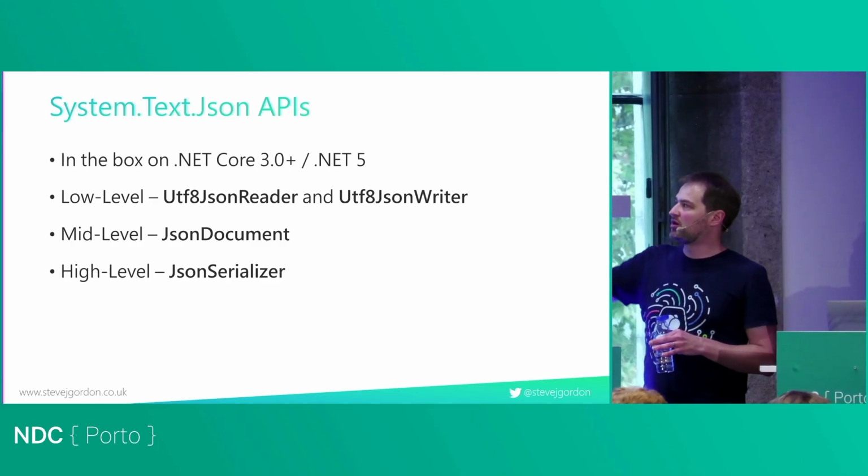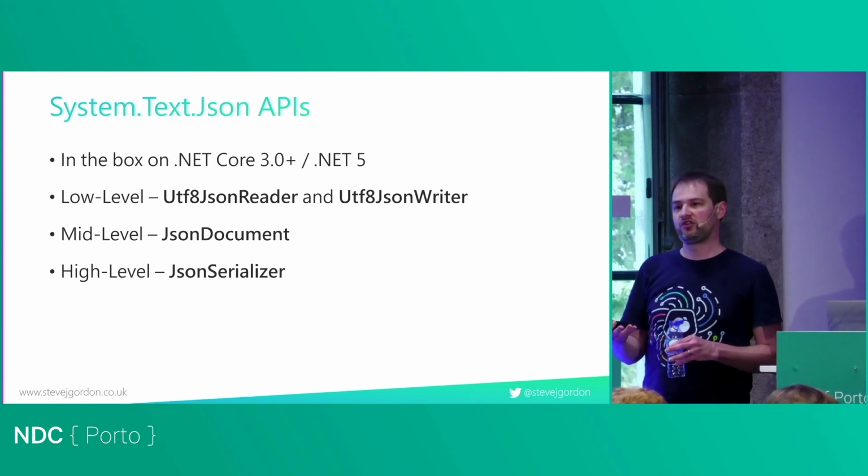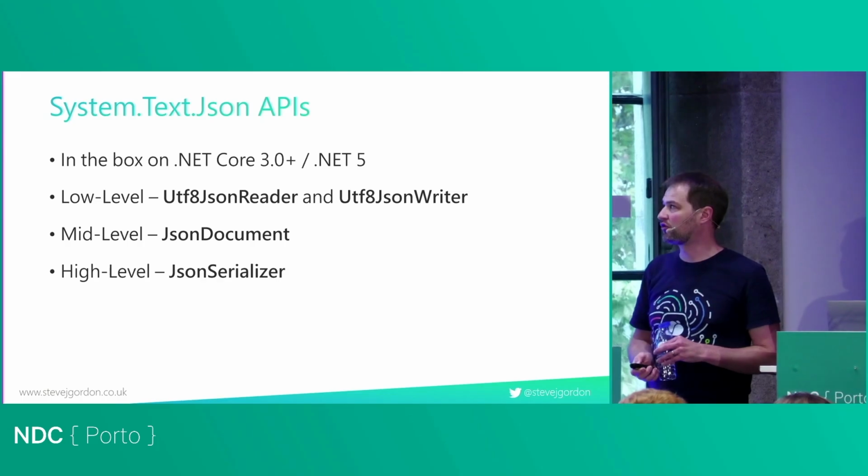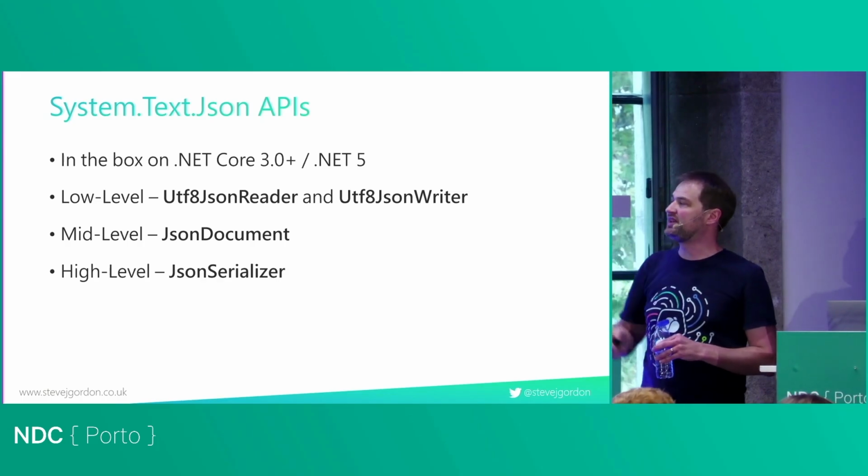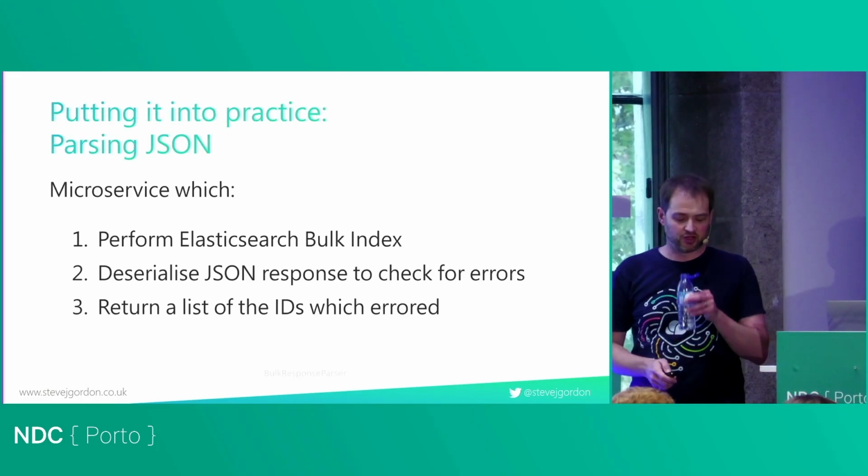Even that new higher level one is going to be more optimal than using Newtonsoft.Json just because it tries to avoid allocations behind the scenes as much as possible. But the real gains come, if you really need them, from those low level types. So the example I have for this,